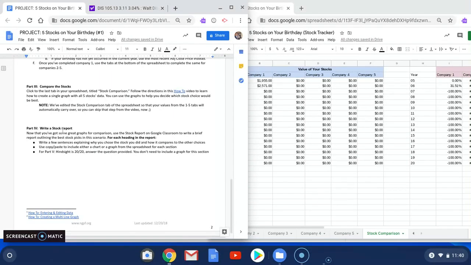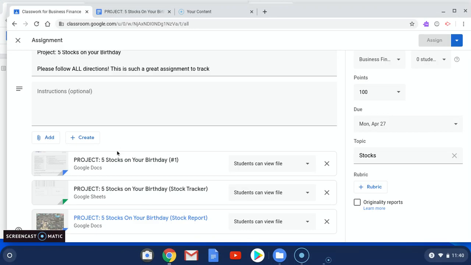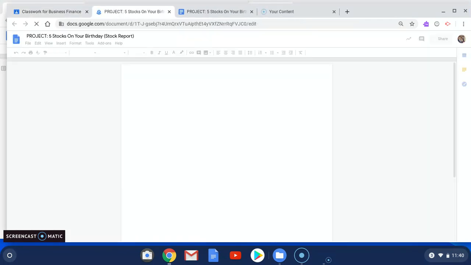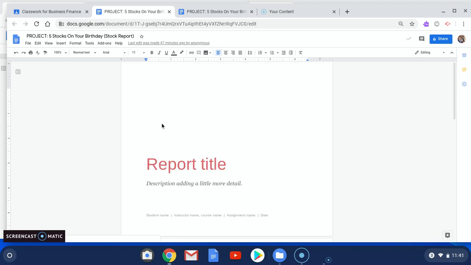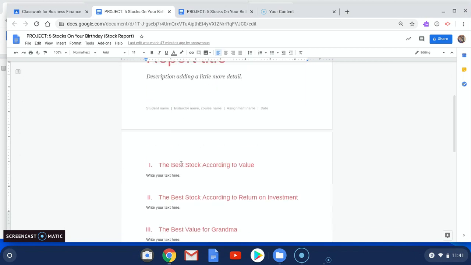And then part 5, you're going to write a stock report. So the stock report is on Google Classroom. So if we go back to our Google Classroom, and the stock report is right here, 5 stocks on your birthday. It's a really brief stock report. You're just summarizing what stock you would have chose if you can go back in time and pick 100 shares on your birthday. So it gives you the report title, so you can just type like my stock project,